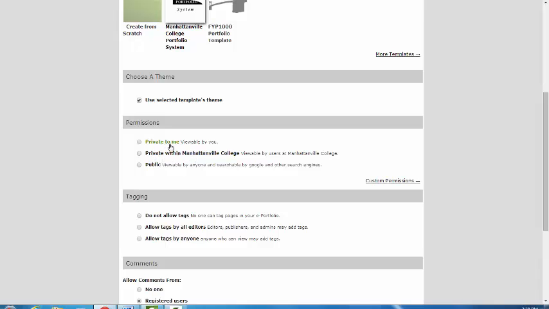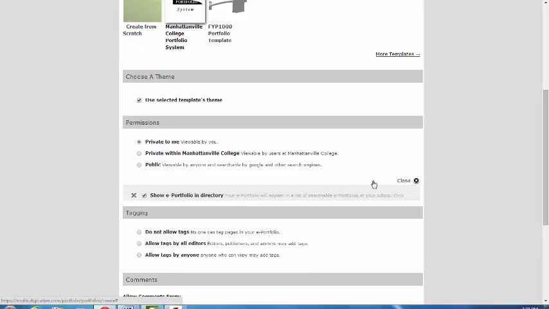Now, when choosing permissions, if you click Private to Me, it makes your ePortfolio viewable only by you. Private within Manhattanville makes your ePortfolio viewable by others in Manhattanville College, such as faculty and students that are using ePortfolio. Making your ePortfolio public makes it viewable by anyone who searches for it on the internet. Now, let's just click Private to Me, and in Custom Permissions,